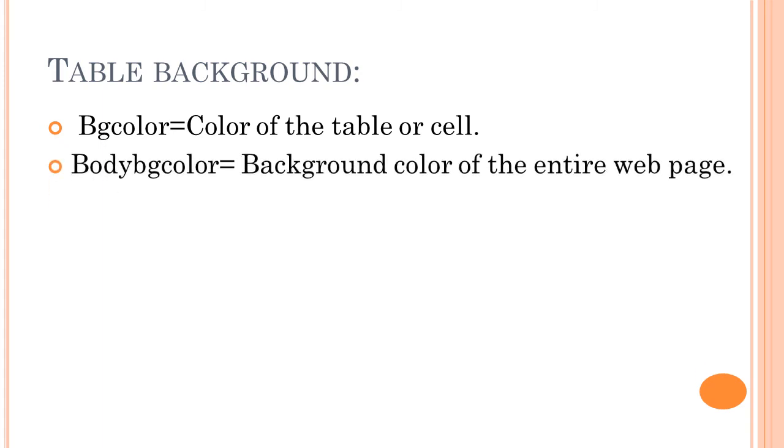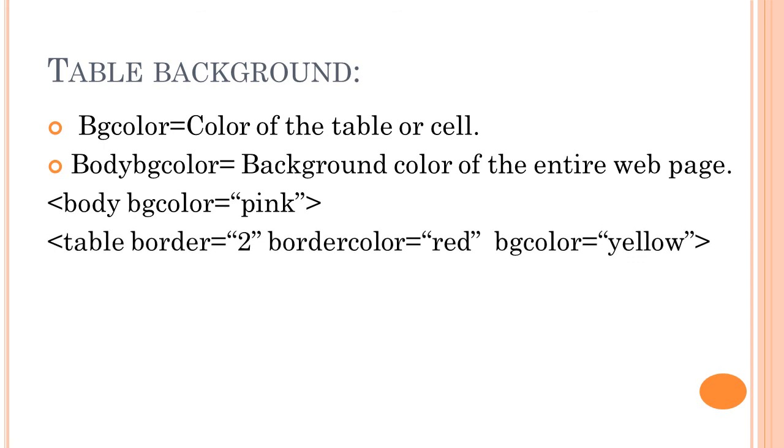Next is about body bgcolor. You already know this. Body bgcolor is used to change the background color of the entire web page. I'll show with one example. See here, body, you know, right, where it will open. First we will open HTML, then close head, then open body. Inside the body we will write bgcolor equals, what is that? Pink. This is the body bgcolor, the whole word body bgcolor equals pink. It means the entire web page will display in pink color.